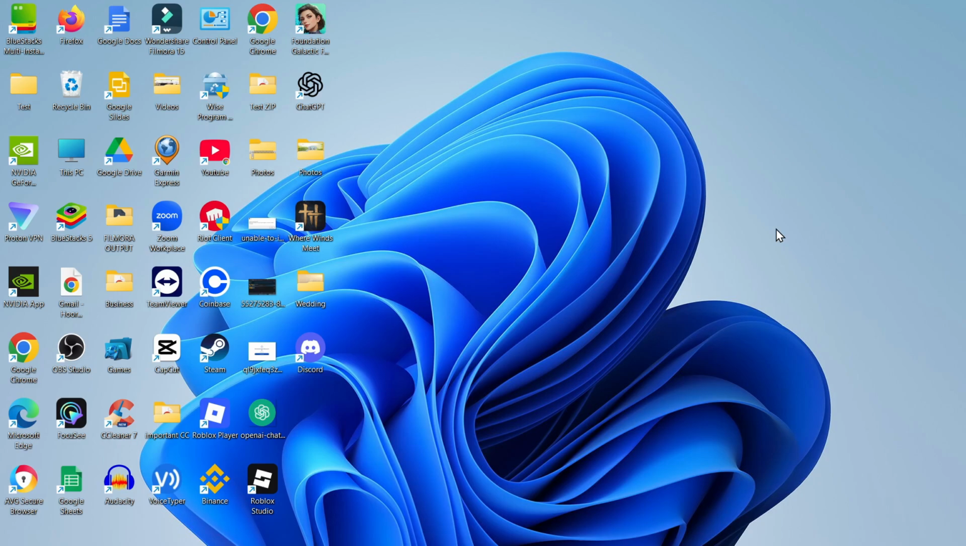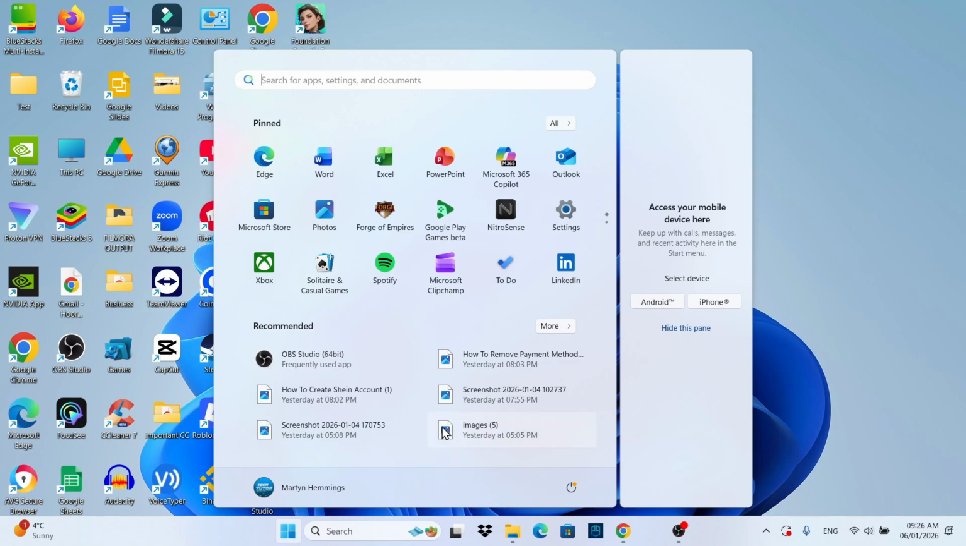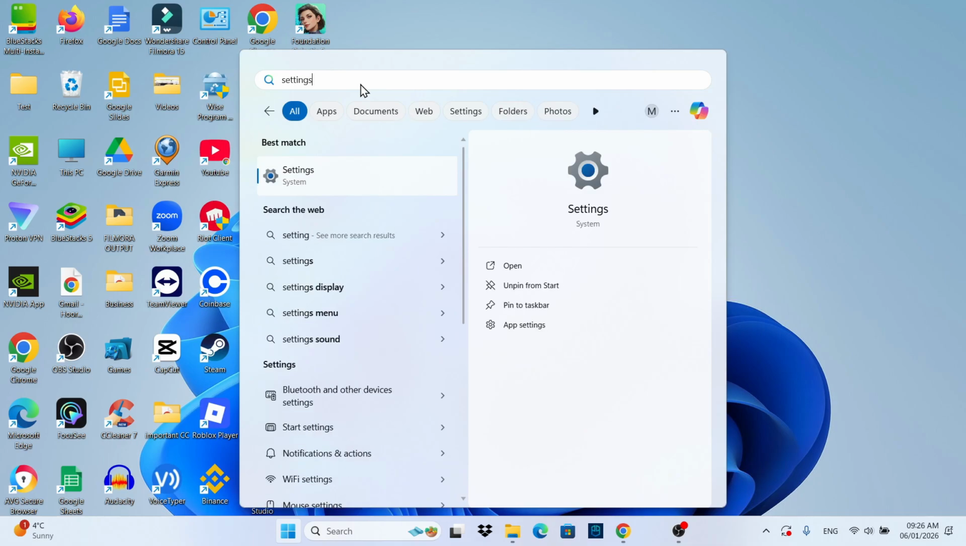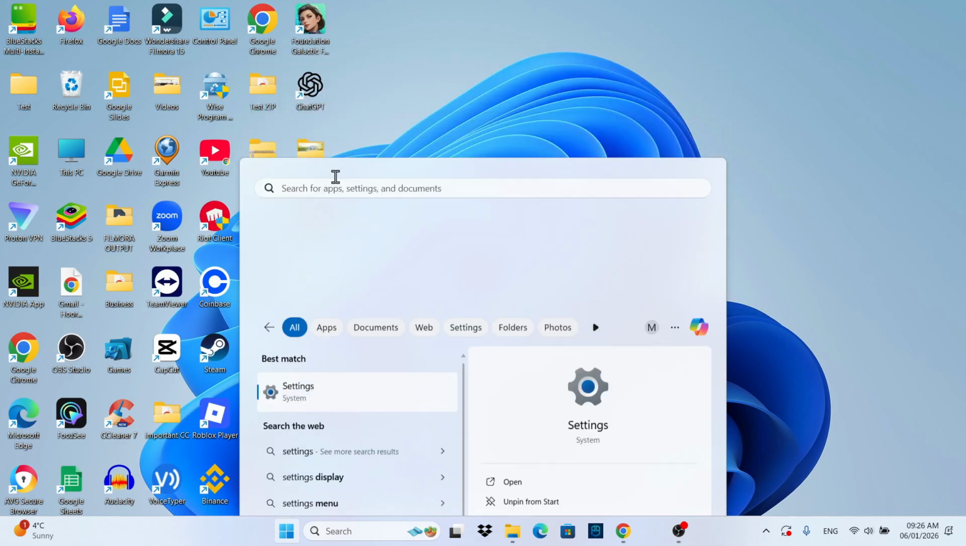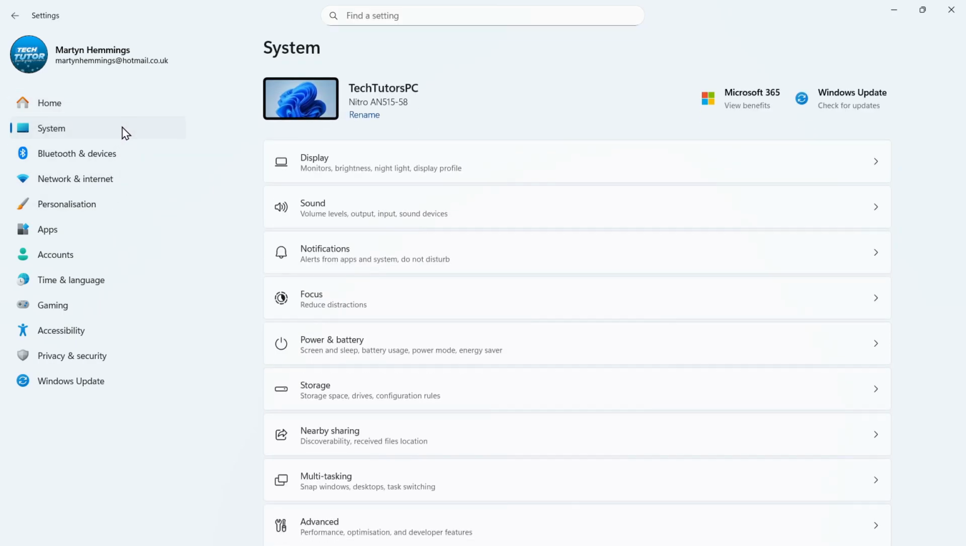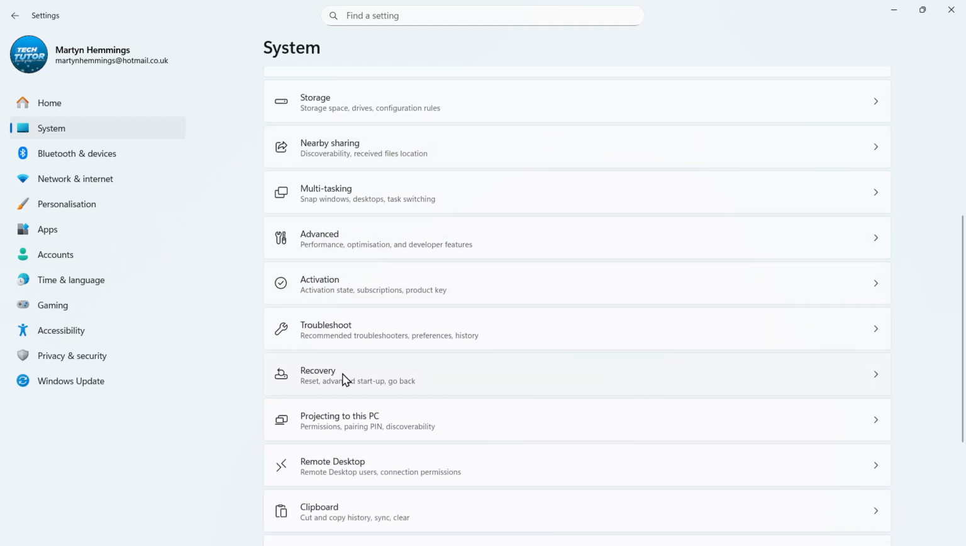To get started, from your Windows desktop, come down to your taskbar at the bottom, click onto the Windows Start icon and click on Settings in your pinned apps. If you don't see settings here, you can use the search box at the top, type settings and then open up settings underneath best match. Once you've opened up your settings, come over to the menu on the left hand side, click onto system, and from the system screen scroll down until you see the option for recovery